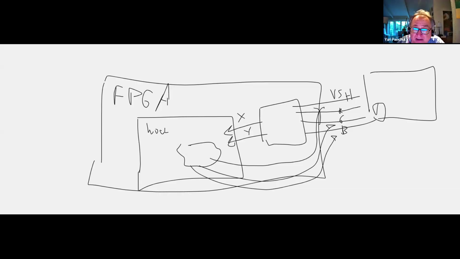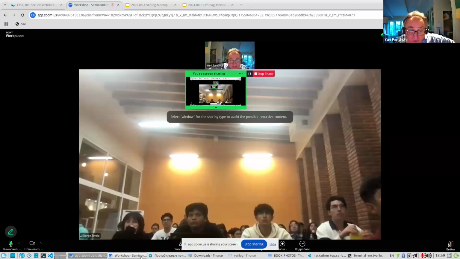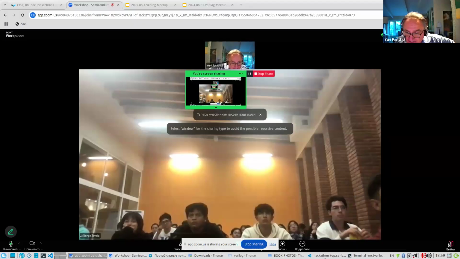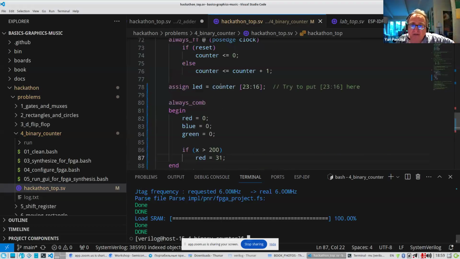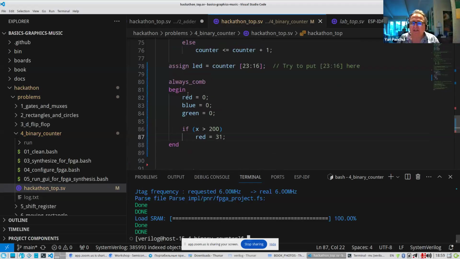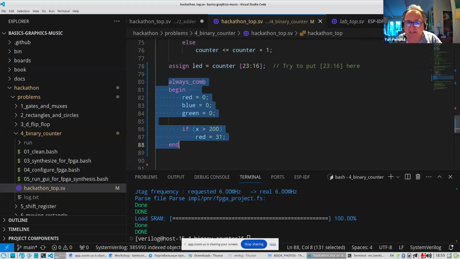And when you write such code, which I demonstrated, you're using a so-called combinational always block, which means that this code just describes part of a combinational cloud, right?